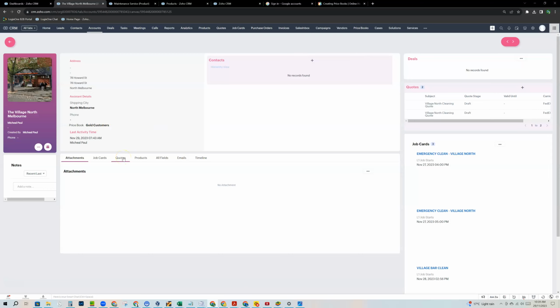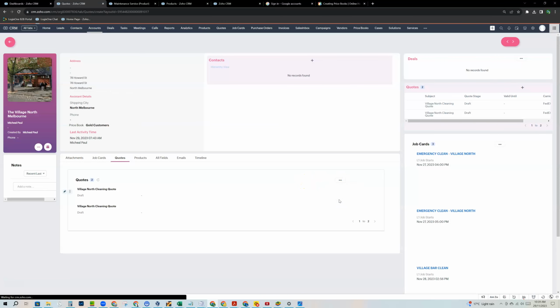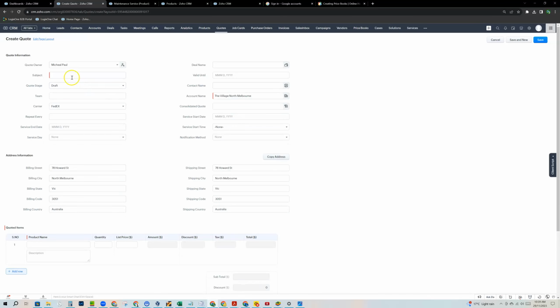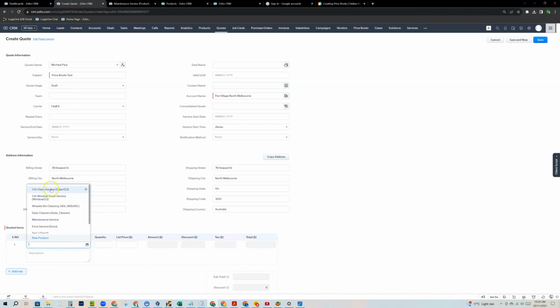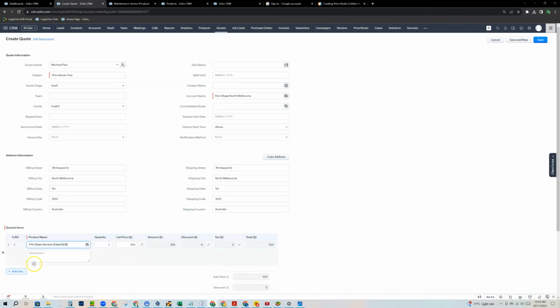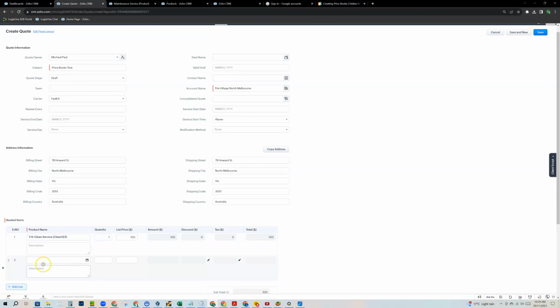All right, using the standard ways Zoho CRM uses price books. So we'll go to quotes. We'll create a new quote, and then we'll call this price books test. Okay, you can see we've associated that to the Village Bell. It's already put the address information in here, and then we'll select the items that we want to quote them. So let's say we want to quote them that, and we want to quote them